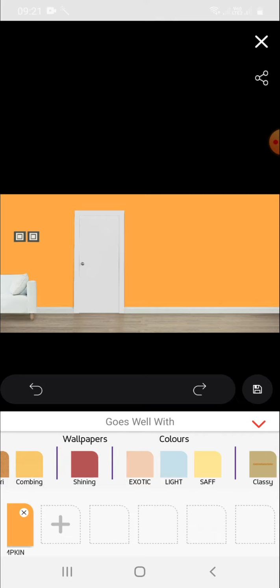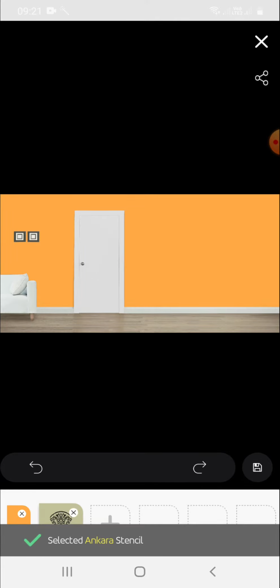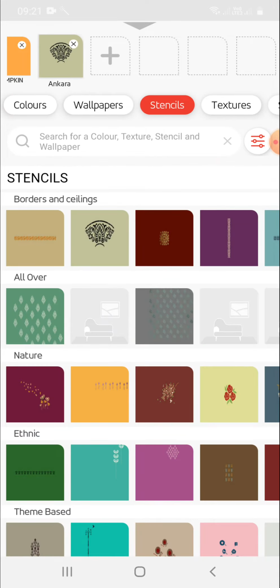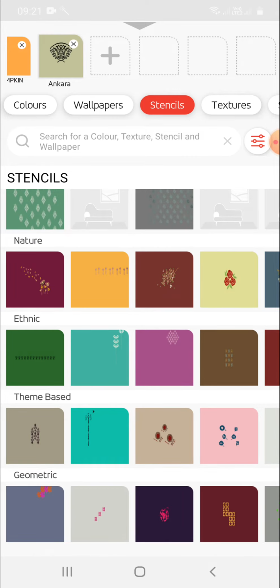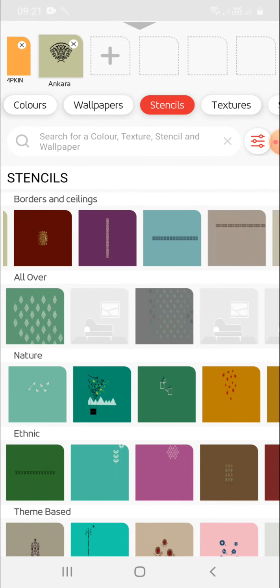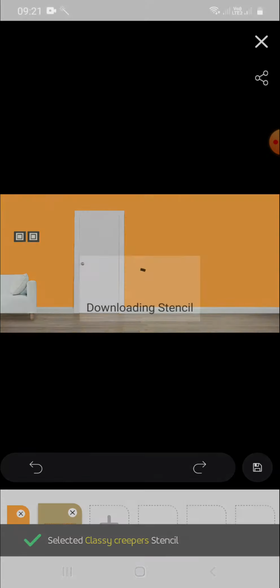Again, if you wanted to keep some stencils, go to the stencils category. I'm picking this color. Fine, I'm doing this. We got this stencil. I'm not liking this one, so I wanted to change once again.